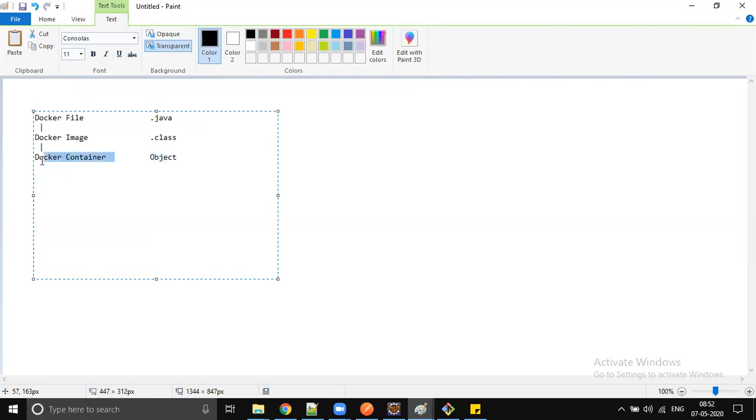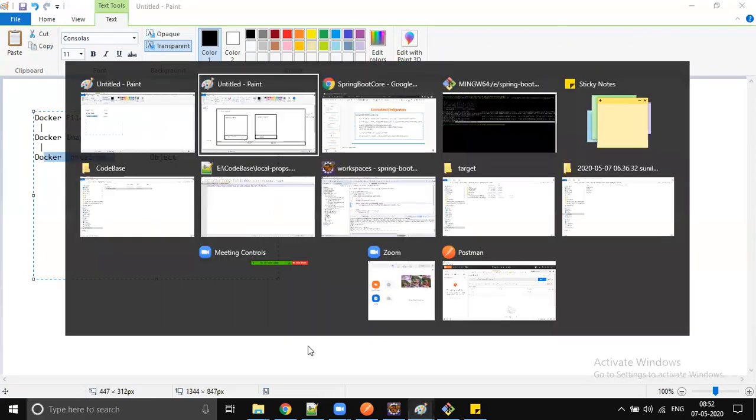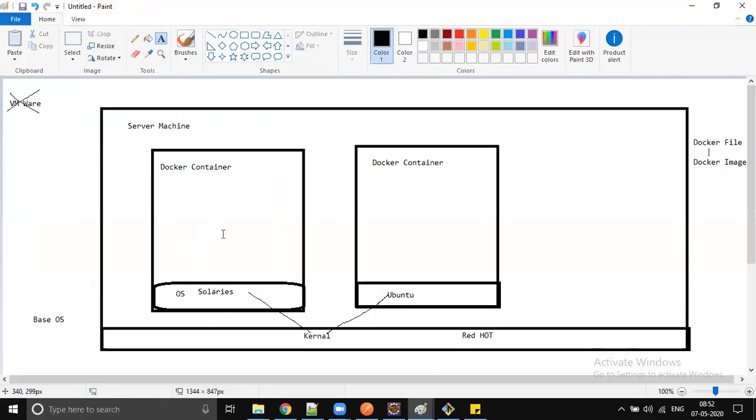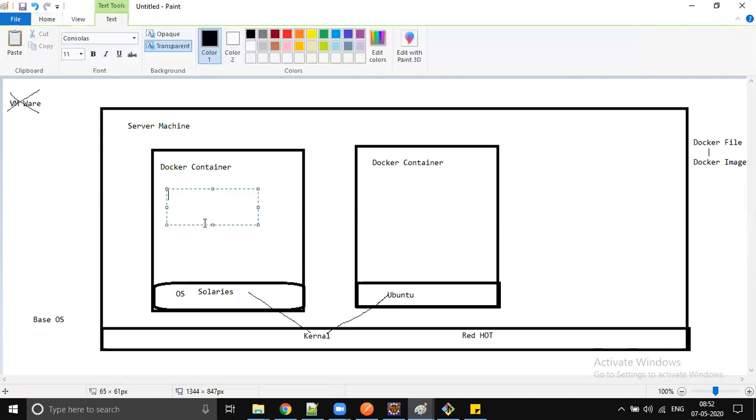A Docker container is going to behave like one machine on another machine, right? It will be considered a machine. So on your computer, whatever you are doing, you can do the same thing on Docker also. You can set environment variables. You can install any software, right? Here you can install a JDK, no doubt at all. So you can run a Spring Boot application here, right?